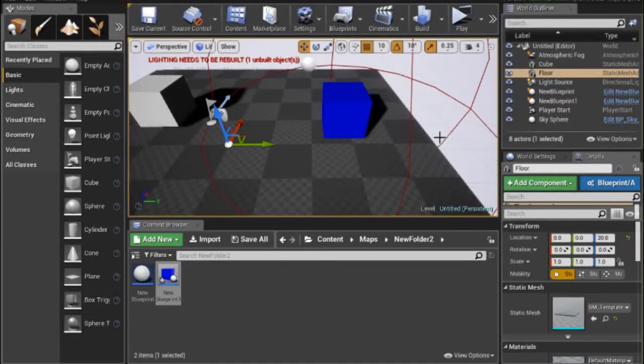Welcome everyone, KD here, and this is part 4 of my tutorial about blueprints, classes, and how to communicate between different blueprints. Today I want to show you how you can create a player character or a character blueprint, and